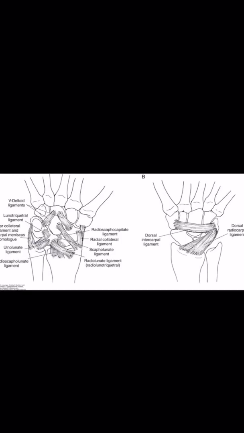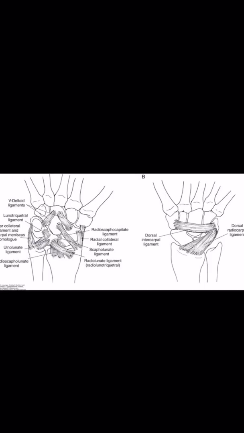In the intrinsic ligaments, we have the proximal row consisting of the scapholunate ligament. It is a primary stabilizer of the scapholunate joint. It has three components: dorsal, volar and proximal. And we have the lunotriquetral ligament, also composed of the same three components. And in the distal row we have the trapezoid ligament, trapeziocapitate ligament, and capitohamate ligament. The palmar midcarpal row includes the scaphocapitate ligament, triquetral capitate ligament, triquetral hamate ligament, and scaphotrapeziotrapezoid ligament.